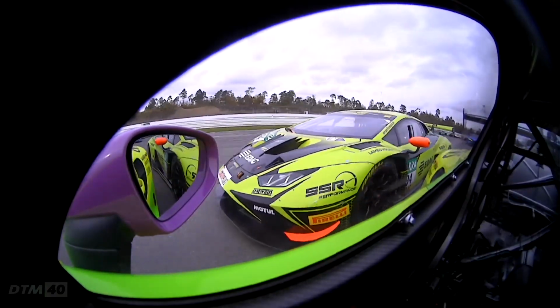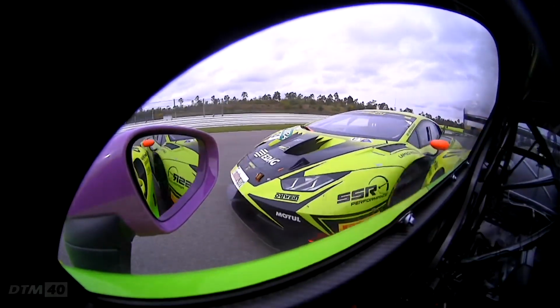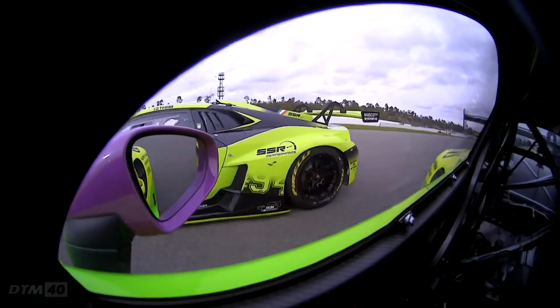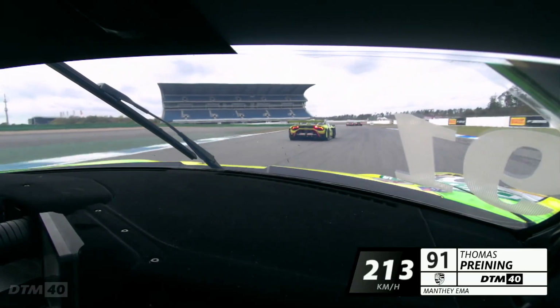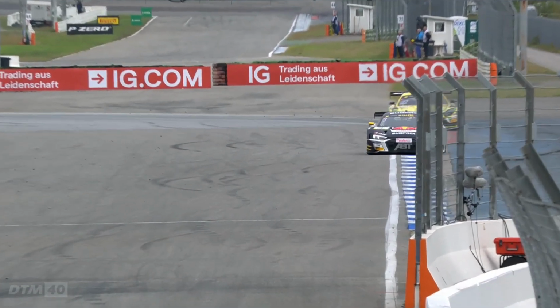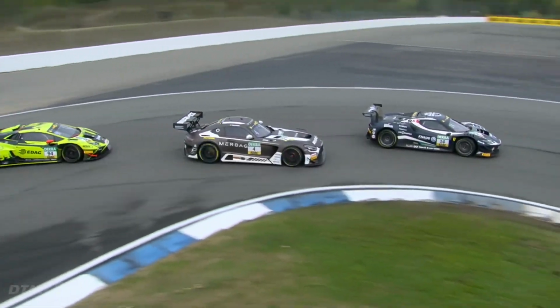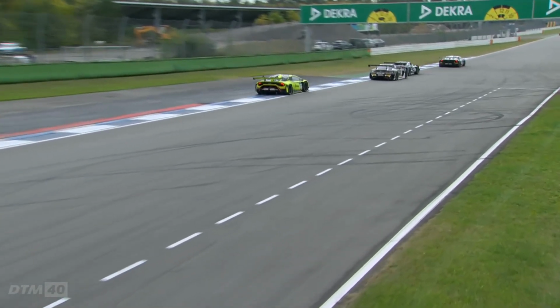Nicky Tim going side by side with Thomas Preining again. But it's quite often the case, Brian, that somebody dives down the inside at the Spitzkehrer and then loses out on the drag race up to the next corner. But Nicky Tim has got it, and he's brave, isn't he, on the brakes on the way through into the right-hander at turn number 8. He makes turn number 7, he gets through. He's certainly broken clear of Luca Engstler in that 6th place